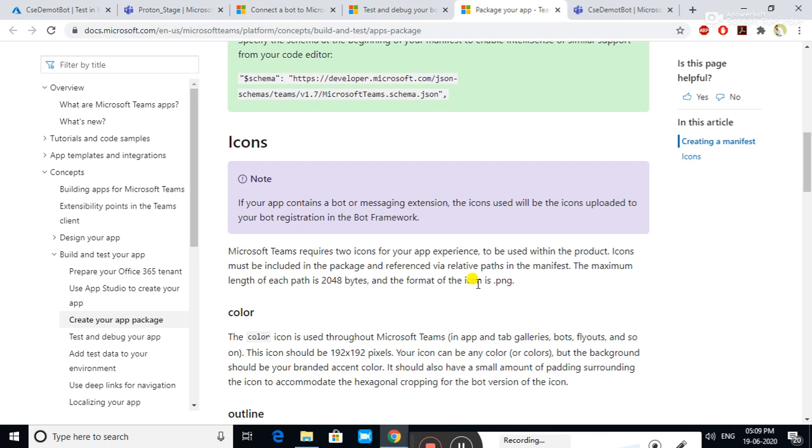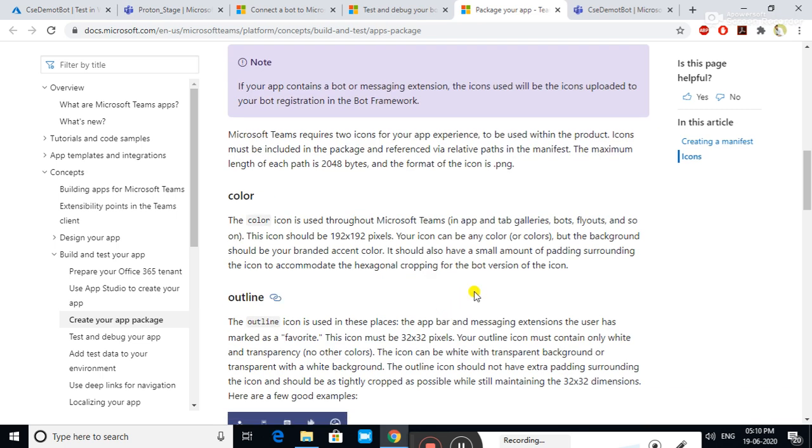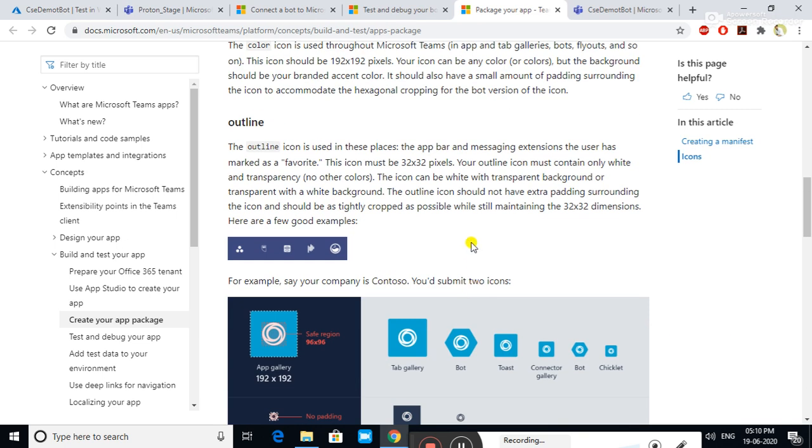The size should be 192 width and 192 height. And the third is an outline transparent image. The size should be 32 height and 32 width. This is very necessary, otherwise your bot will not upload to MS Teams.